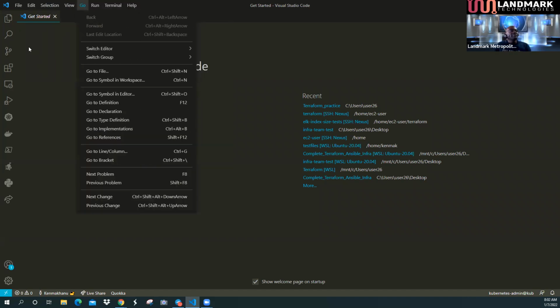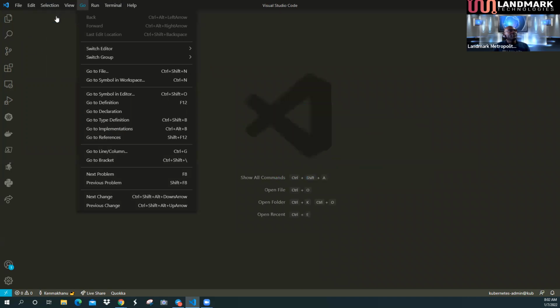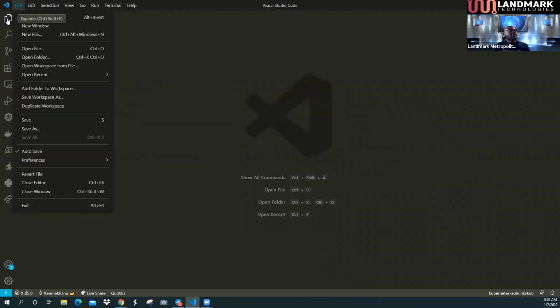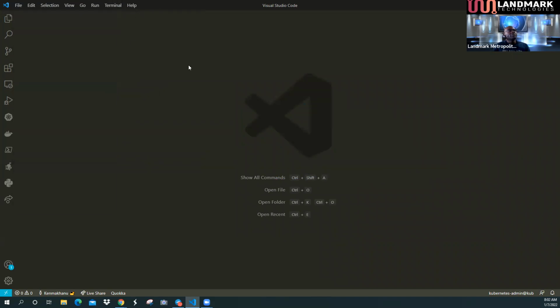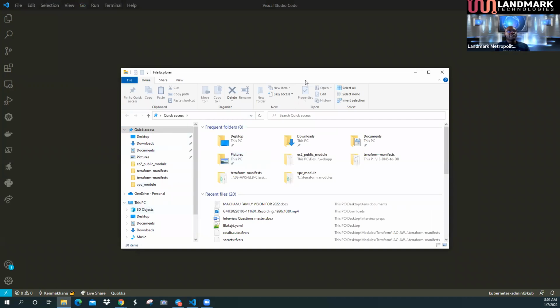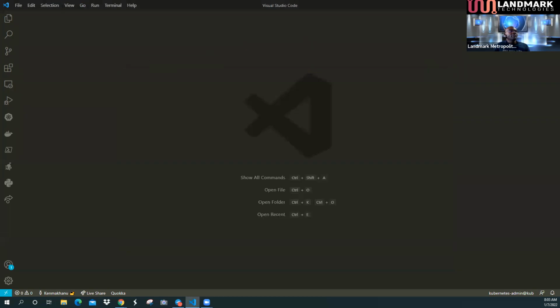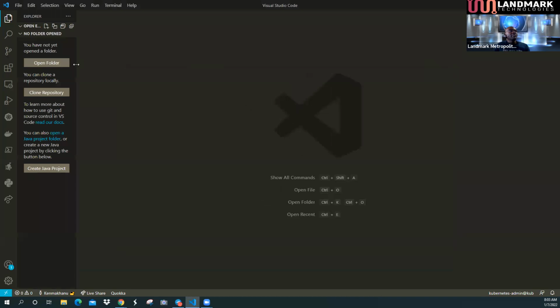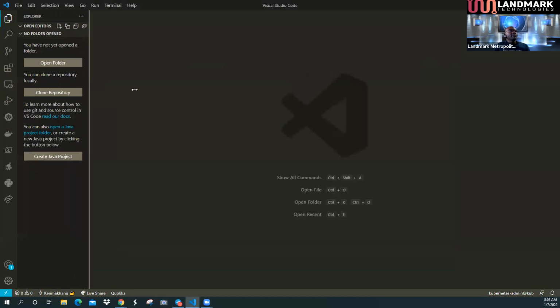Now, the first thing is this tab right here. Actually, let me just go ahead and close that. This tab right here is your Explorer. This is synonymous to Windows Explorer. If you're on Windows, it is like this button. If I open that button, it is like your Explorer button. So it basically explores everything that you have. So if I click to open this Explorer,